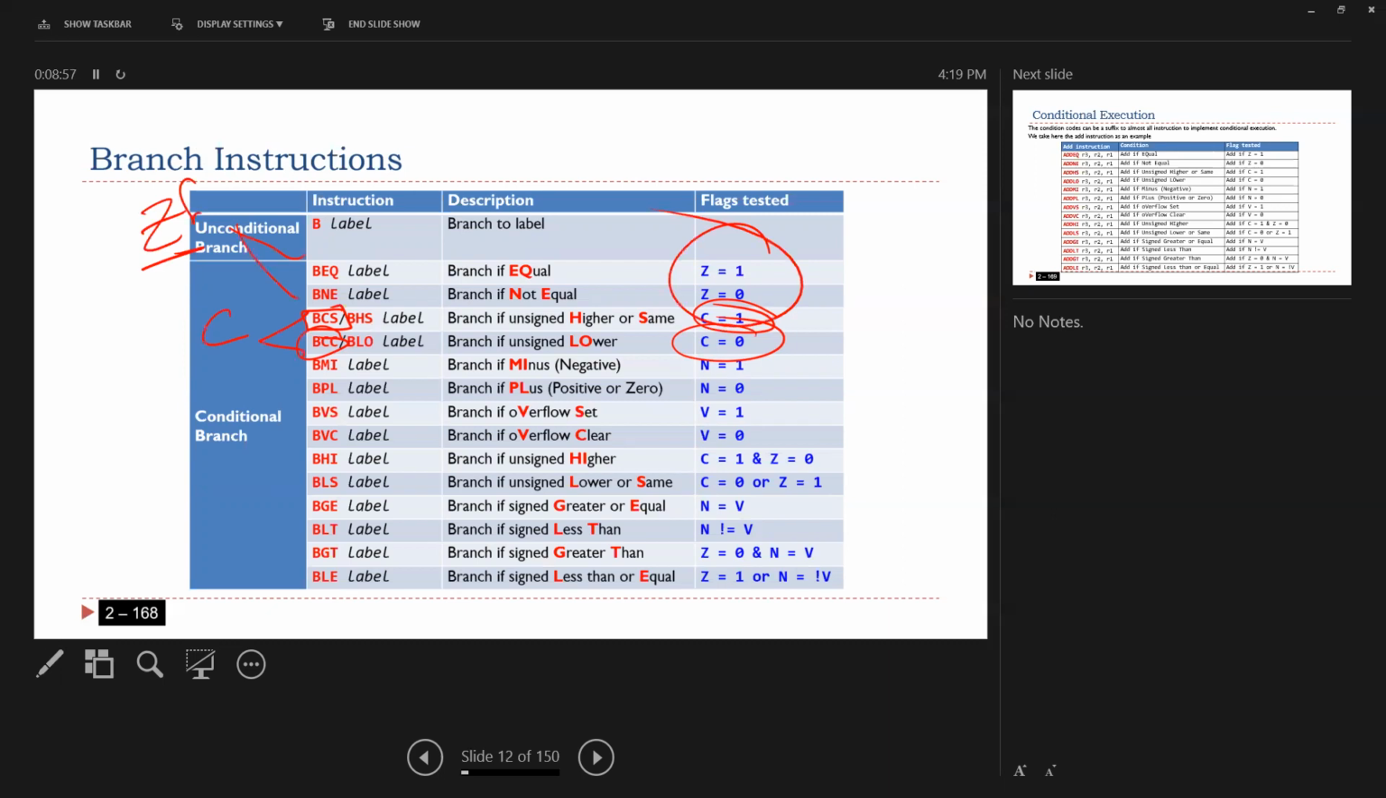Is that okay? So also we have here branch if minus and branch if plus. These two are going to check the negative flag. This branch is going to be taken if the negative flag is 1. This one is going to be taken if the negative flag is 0. Okay. And we have 2 more instructions to check the V